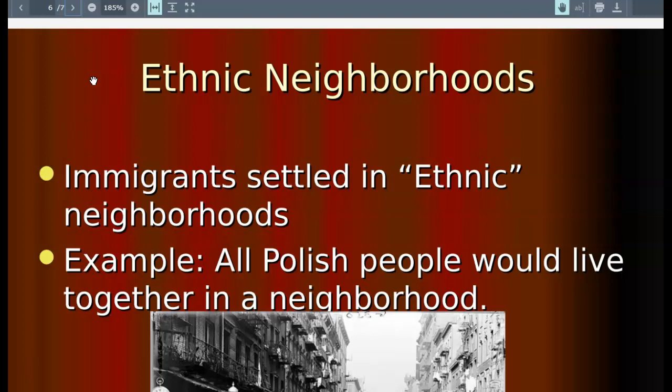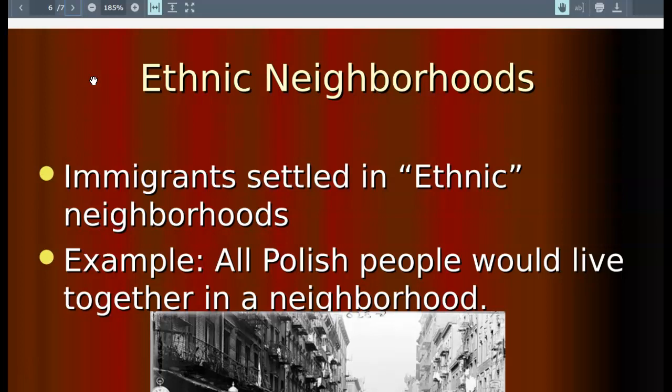And in some cases, it was also easier to get jobs if you were dealing with people who were of your same ethnicity, or from your same race. So, if they had been experiencing any nativism, that's another one of your chapter 11 words, nativism. That is, prejudice or discrimination against those who are foreign born or born in another country. If they were experiencing any discrimination that was part of nativism, then they definitely wanted to be around people who